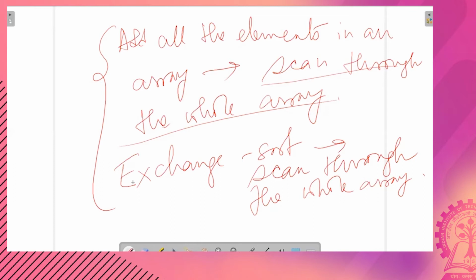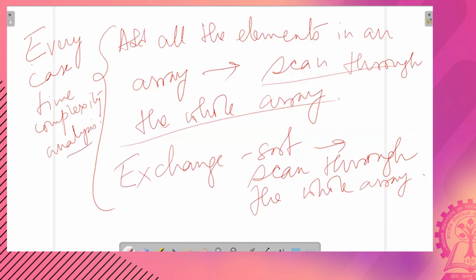So whenever you do a time complexity or running time complexity analysis of such algorithms, this is called every case time complexity analysis. Every case means that irrespective of whatever be the value of the elements in the array, you have the same time complexity.